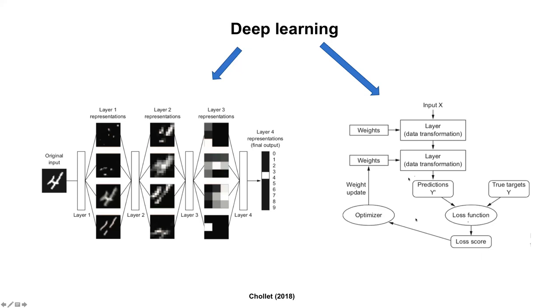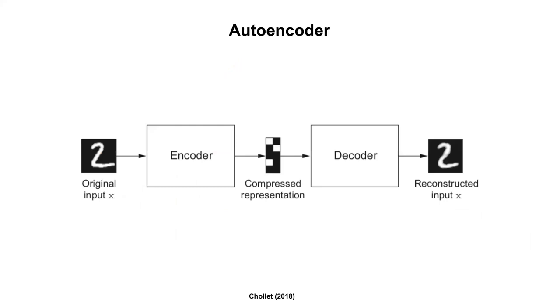There are many different types of deep learning. You've heard of convolutional neural networks. The VAE is a type of autoencoder. Very simply, the original input goes through some layers that encode the data to a compressed representation. Then it decodes the data, essentially does this backwards, and attempts to reconstruct the input based on this compressed representation. And then of course it compares.